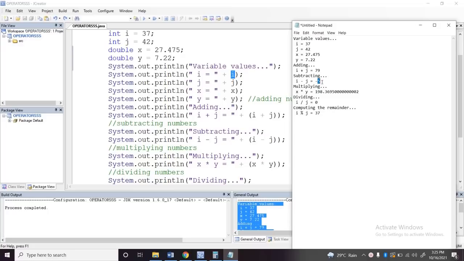And as you can see, it returned an answer of negative. Okay. And then we also have the one with decimal place in multiplying, because if you are going to make use of decimal place, of course you are going to make use of double or float as your data type. And then we also have I divided by J is equal to 0, because they say there's no decimal, so 0. And then we also have the computing of the quotient, which is 0, and then the computing of the remainder,